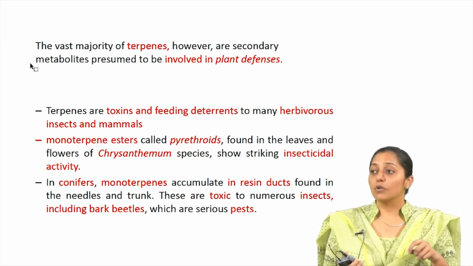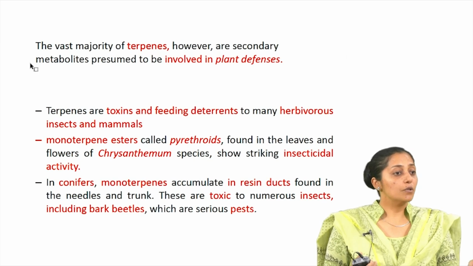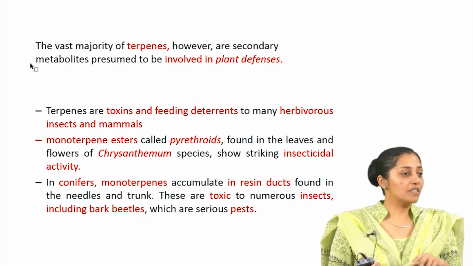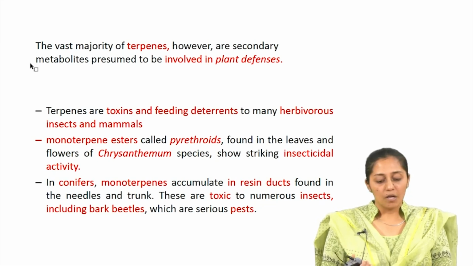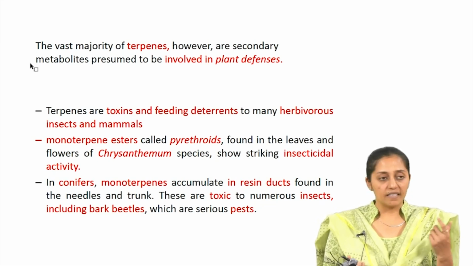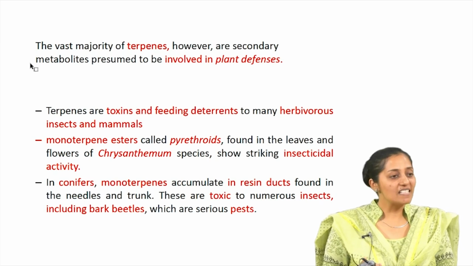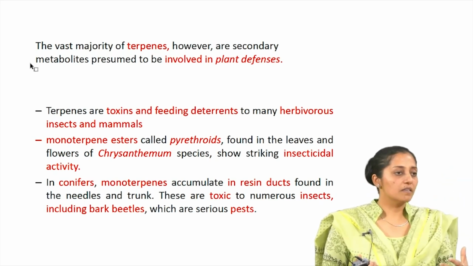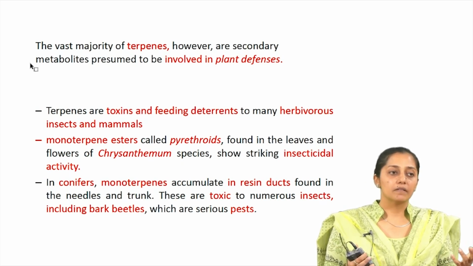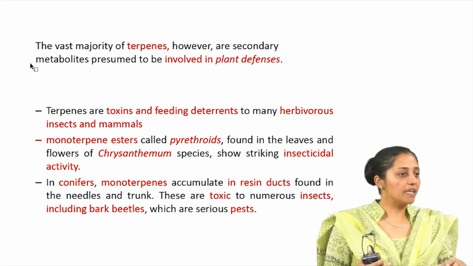So that can give you a cue or an indication to what kind of commercial application a particular secondary metabolite may have. Now in conifers, monoterpenes accumulate in resin ducts found in the needles and trunks. That is for what? Once it is in the bark region,